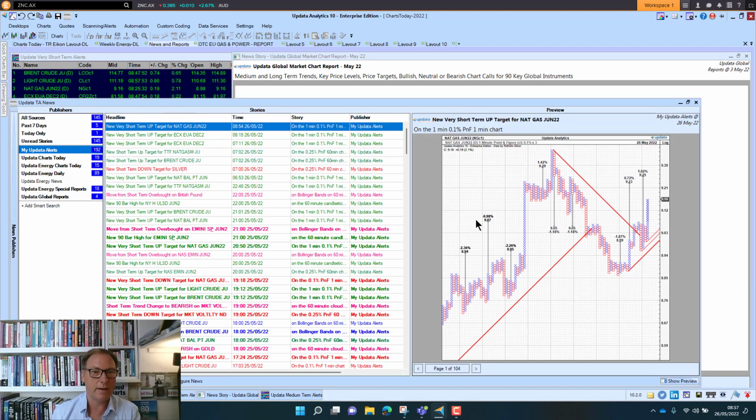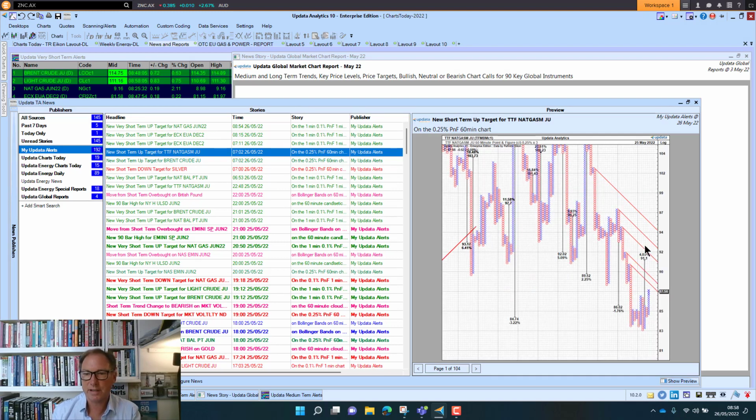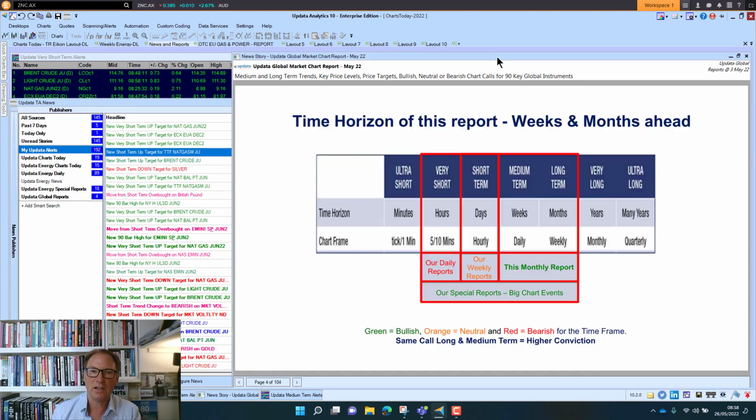For example, we've had a short-term upside target on nat gas this morning, and that's come in, and then another one on carbon, and you can go right the way through. TTF's given another new target, and these very short-term targets are on the 1-minute charts, and the longer-term targets, we would just say short-term, are on the 60-minute charts, and that ties in with our time horizon structure, because people